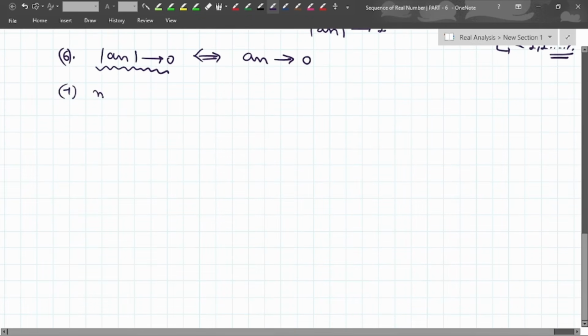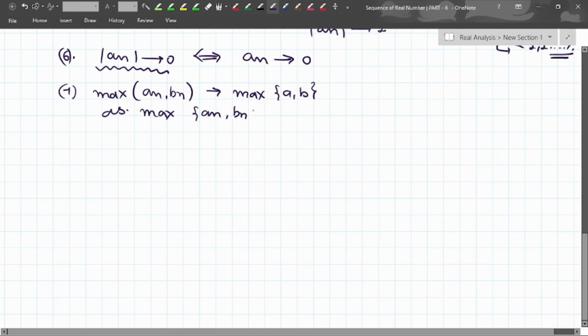Then I can take the maximum value of a_n and b_n. If I take the maximum of these sequences, it will go to the maximum of a and b. The maximum of a_n and b_n is going to be, let's say, a_n plus b_n plus the absolute value of a_n minus b_n, divided by 2. So using this result, we can simply write it as